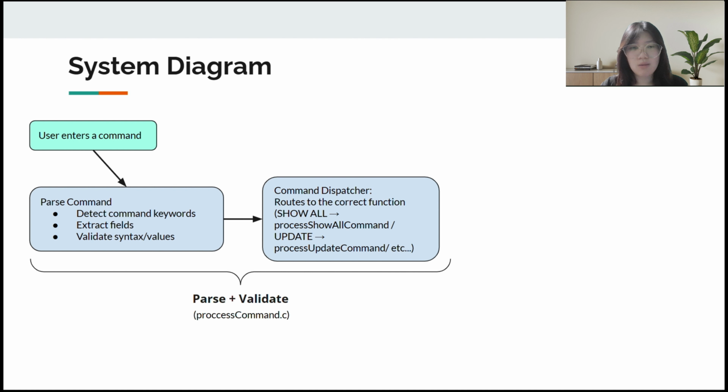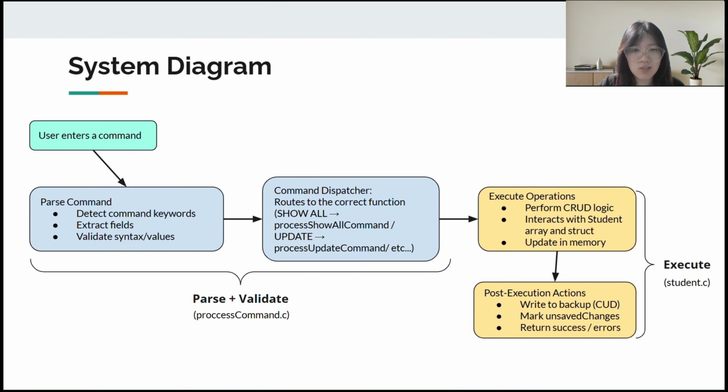First, the user enters a command, which goes into our parsing and validation stage, where we detect the command keyword, extract any fields, and validate the syntax and values. Then in process command C, the command dispatcher takes over and routes the command to the correct function. Next, in student C, the execute stage runs the CRUD operation, interacting with the student array and struct, and updates memory. Finally, post-execution actions are performed, where backups are written, unsaved changes are flagged, and the system returns a success or